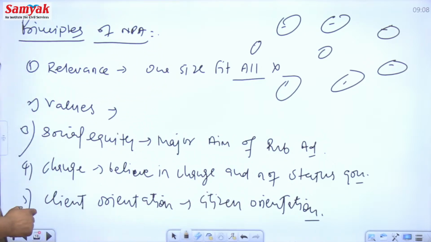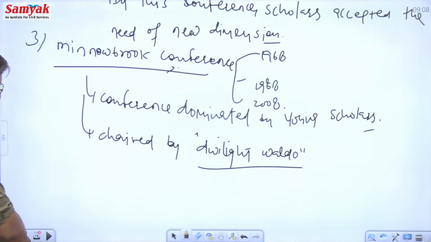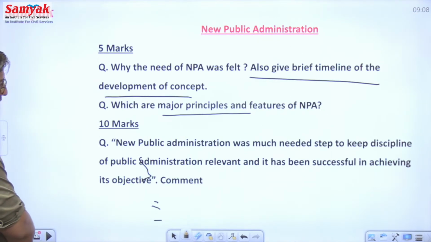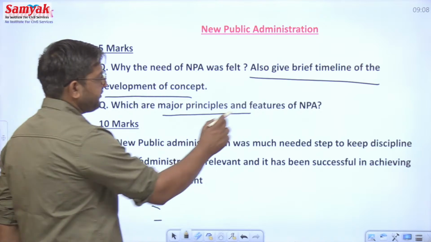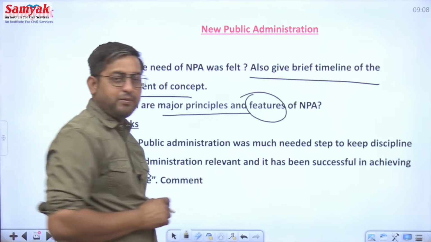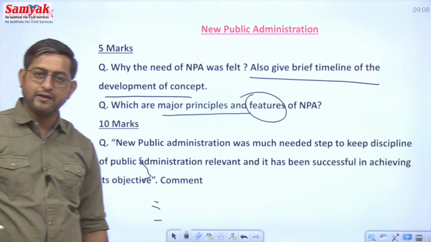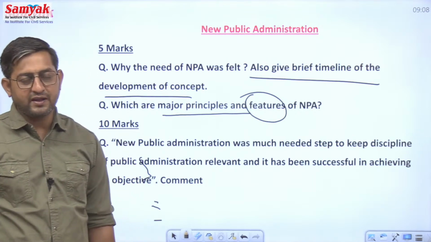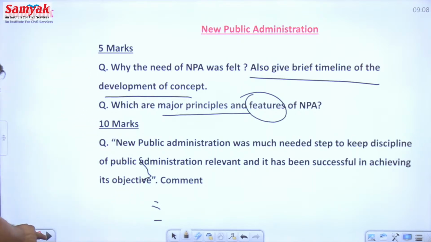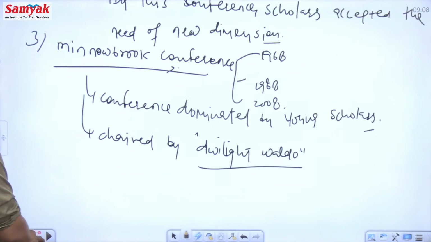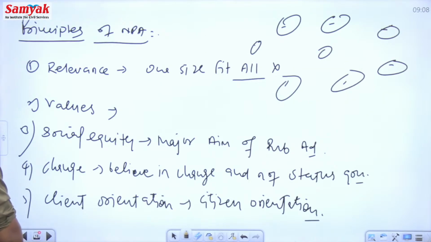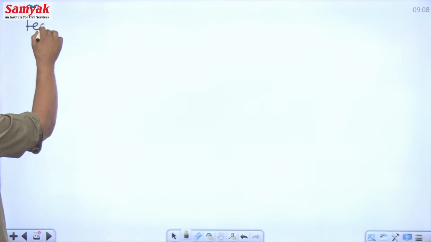Now comes the question. There is one more question about features of the NPA. तो अभी हमने प्रिंसिपल्स पढ़े, उससे पहले 3 एंटी गोल्स पढ़े, फिर हमने प्रिंसिपल्स पढ़े। अब हम थोड़ा सा जो है फीचर्स के बारे में बात कर लेते हैं एनपीए की। फीचर्स ऑफ एनपीए,